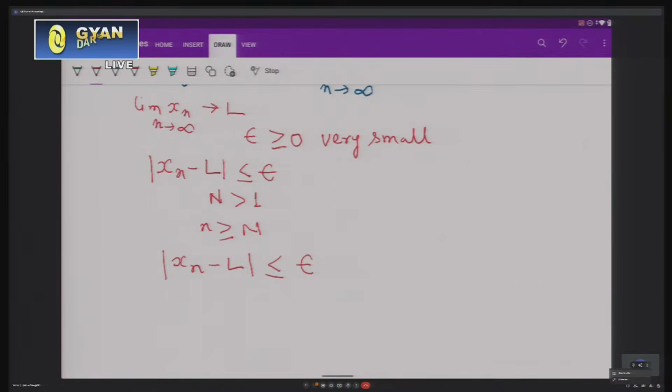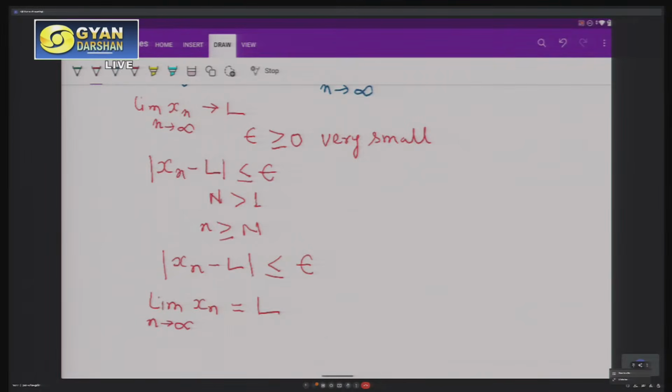So once this is satisfied, then we call it the limit of xn as n tends to infinity is equal to L,